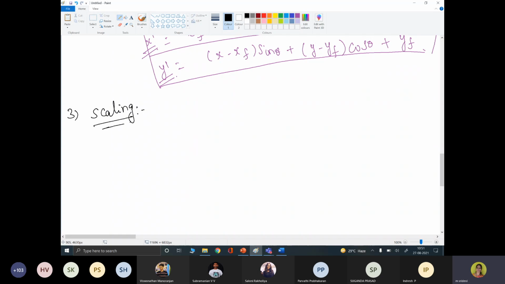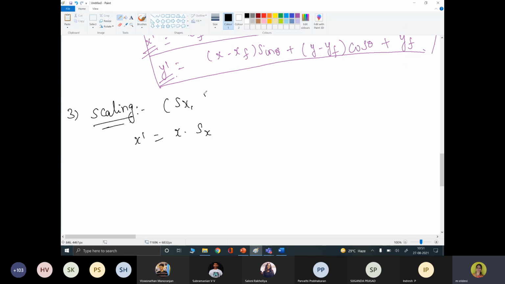Last class we discussed an example, a car is moving or a ball you are throwing up. When it goes high, you can see that the size of the object is reduced. When it comes down, the size of the object is elongated. So for those effects, we need to do scaling operations. Scaling alters the size of the object. The new coordinate we are obtaining is just by multiplying your scaling factor.